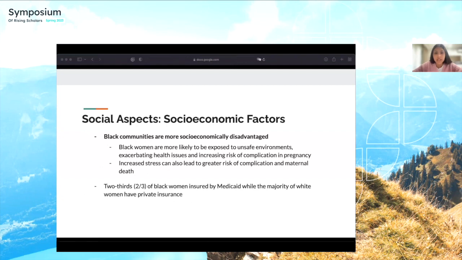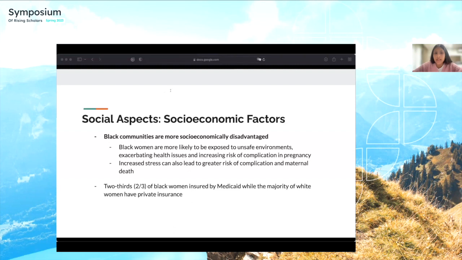The first social aspect I studied were the socioeconomic factors that can affect the disparity. Due to a history of racism, Black women are more socioeconomically disadvantaged than white women and are provided with less opportunity to get out of those situations, which leads to increased stress levels. These stress levels can lead to a variety of health issues, especially in the heart. This is important to consider since postpartum cardiomyopathy is the second largest contributor to the disparity, and the complications previously mentioned can all escalate into much larger issues if the person experiencing the complication is under a lot of stress and has less access to care.